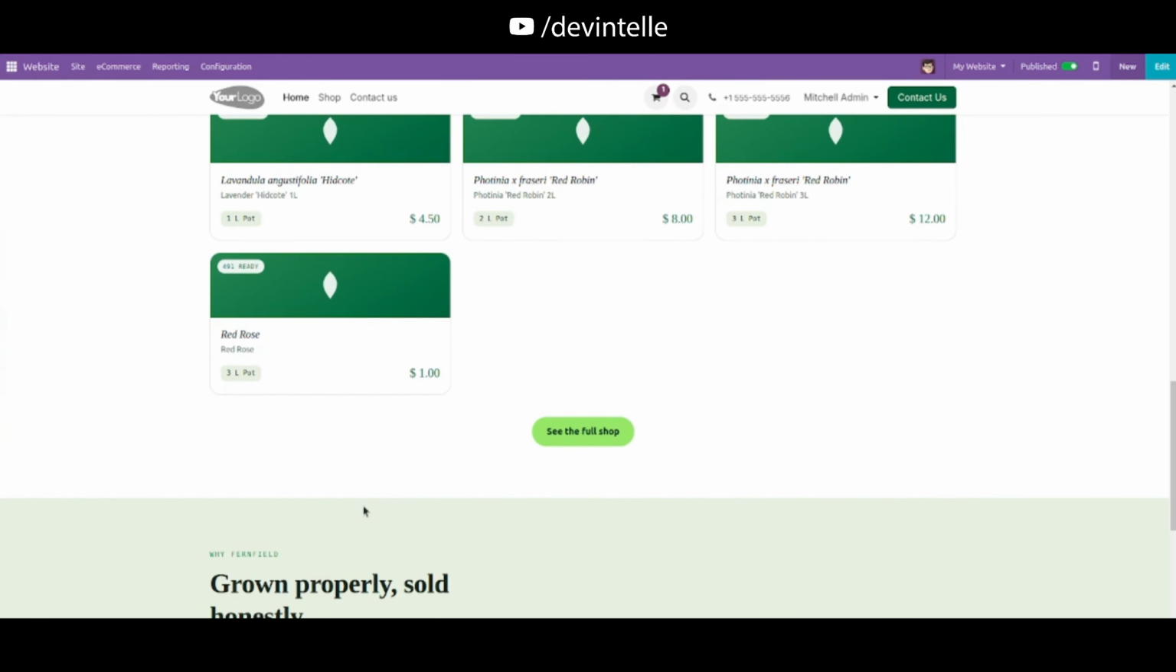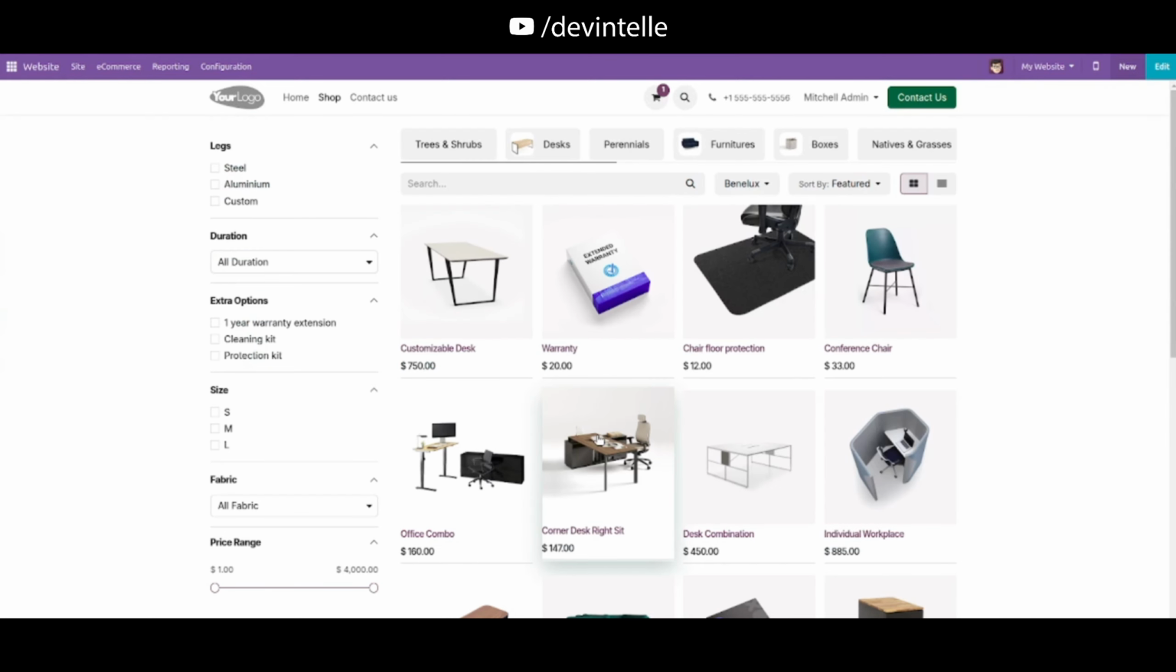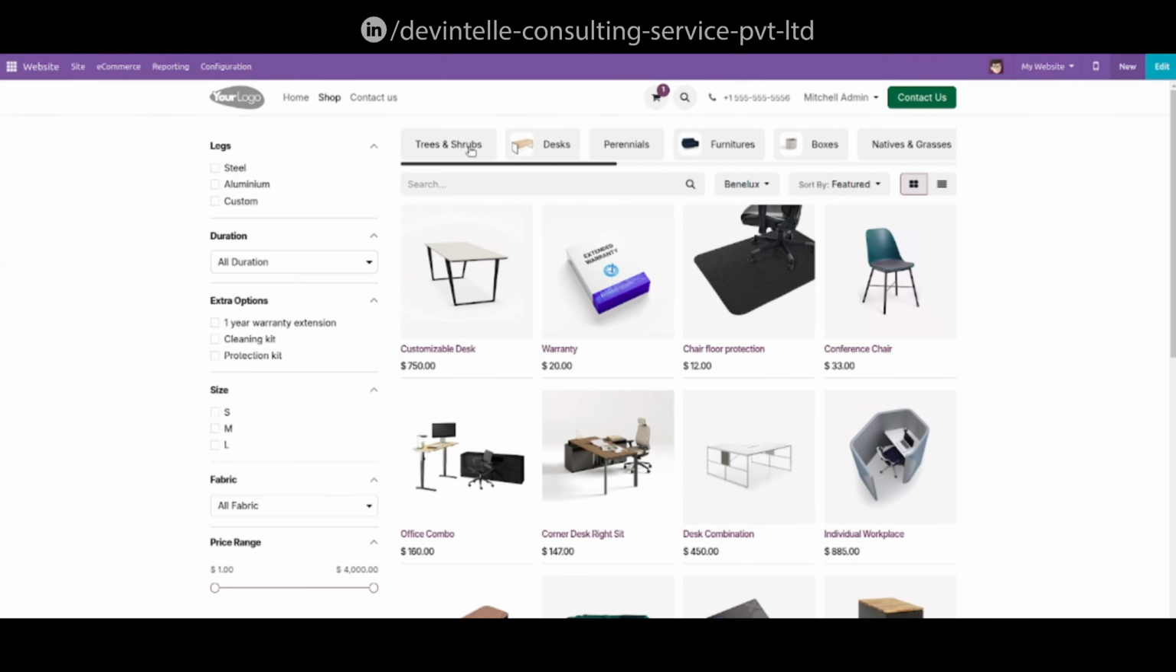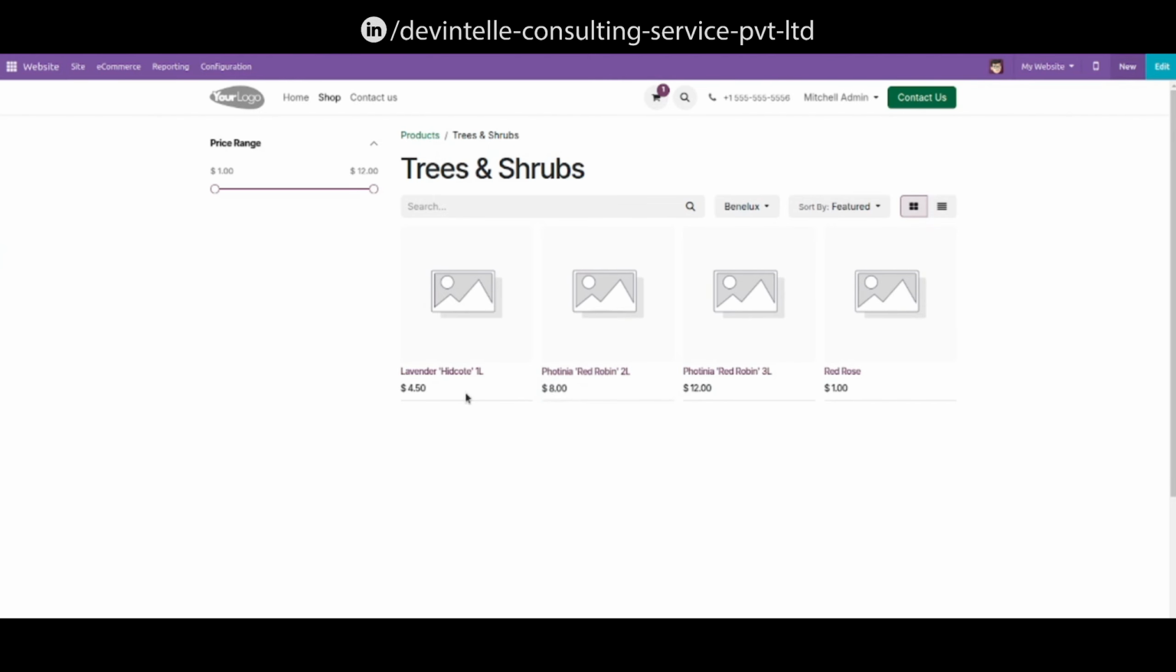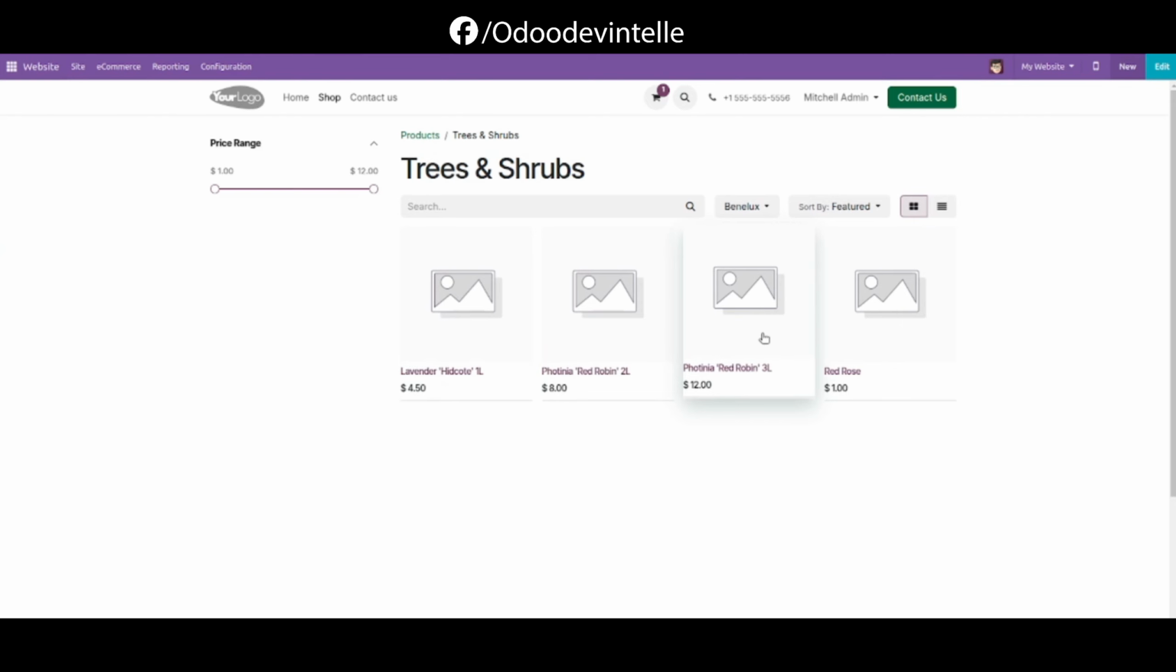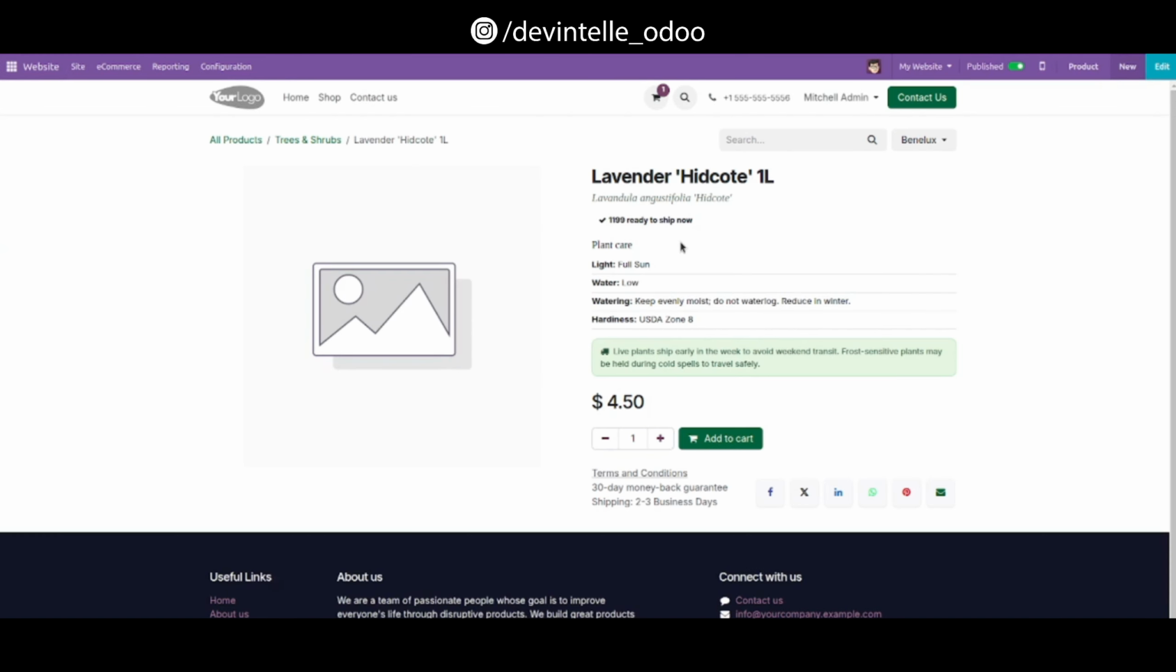You can see here this full shop. First of all, here is the tree and shrub category, and here are the 4 products we have. Now select the one which you want. Here it displays the lavender heat coat 1 liter, and it also displays the quantity